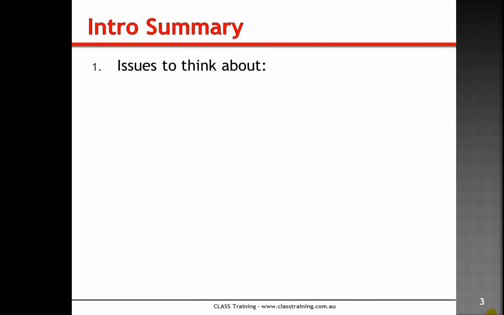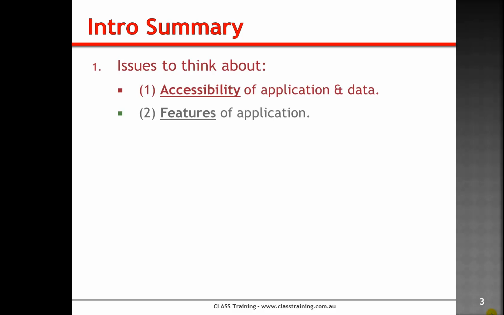Okay, so just very quickly, what are we covering? We're just going to be covering the two main issues. There are two big issues to think about when you are choosing an accounting software or package or service. So number one is the accessibility of the application, the program, whatever you want to call it, that you're using. The accessibility of that and the data, your data file. So is it going to be online, offline? Okay, we'll talk more about that later. Is it going to be in the cloud, or is it going to be installed on our own computers? And then obviously number two is the features of the application,